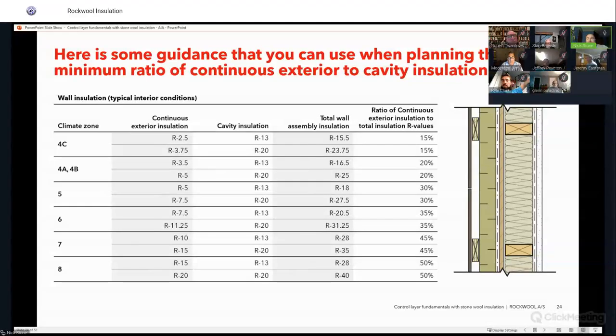Hey, maybe we should think about some other options, because we may have some risk of drying moisture to that outside,